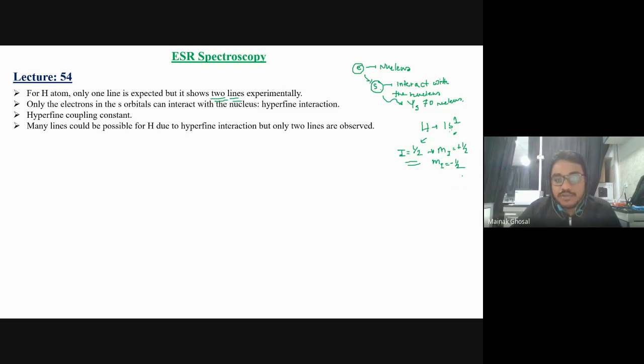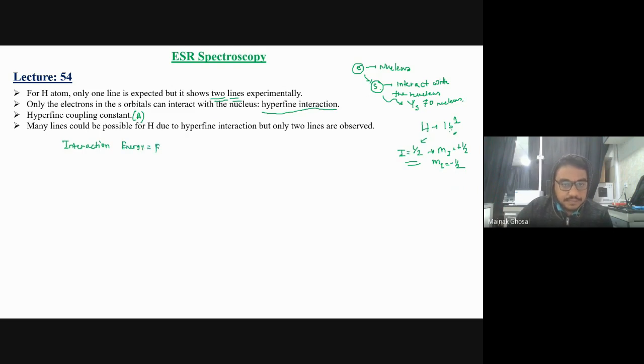And this gives rise to what is called hyperfine interaction. Okay, and for that another constant is introduced, known as A, the hyperfine coupling constant, which actually measures how strongly the coupling between the electron of the s orbital and the nucleus is happening. And for hydrogen, it was also discussed by Professor Sanbakshi that the interaction energy can be written like this: